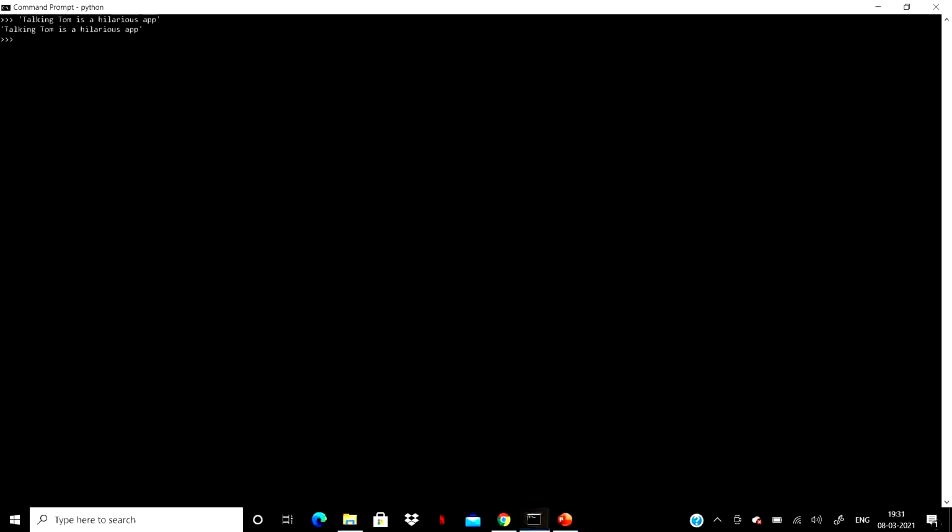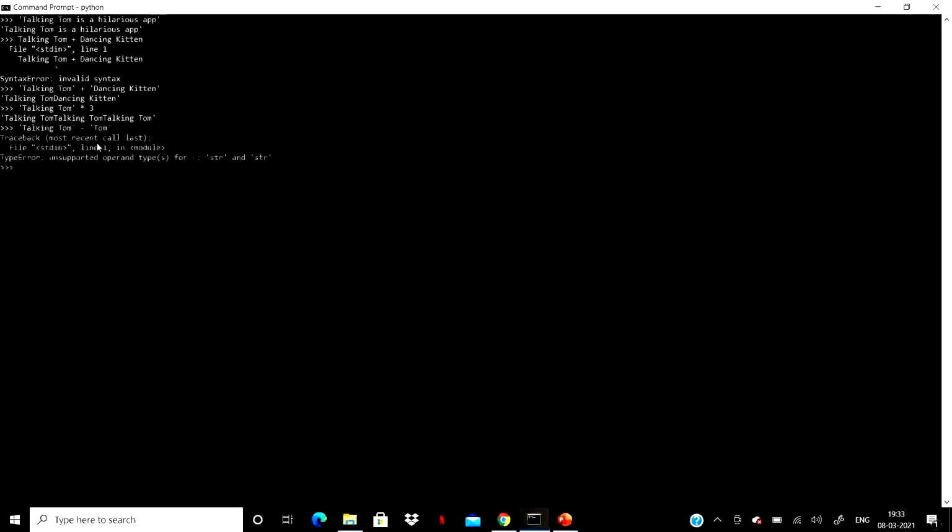Textual characters can also go through arithmetic operations in Python. For instance, this plus sign basically combines these two pieces of text together. Talking Tom into 3 allows this text to repeat itself this number of times, thrice. And if I try to remove Tom from this text, beginning with single quotes and then minus single quotes again Tom, this does not actually allow us to conduct this arithmetic operation on text, and there would be other methods for doing the same, which we will probably discuss later on.